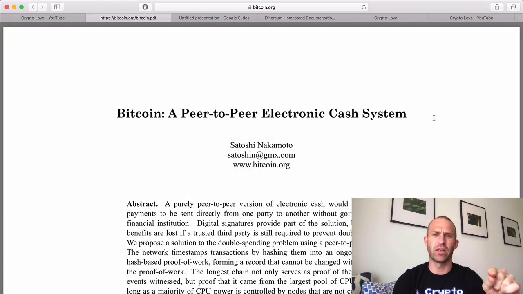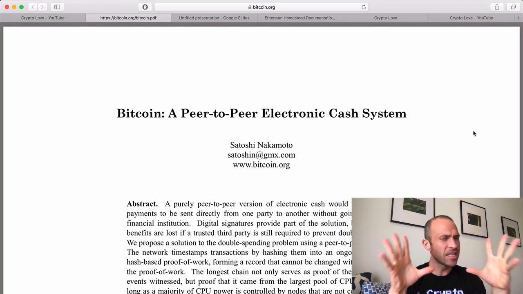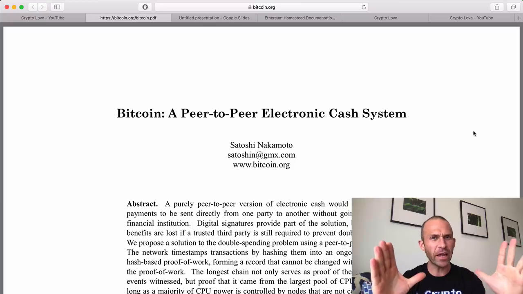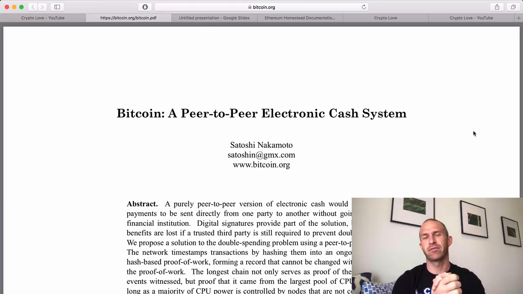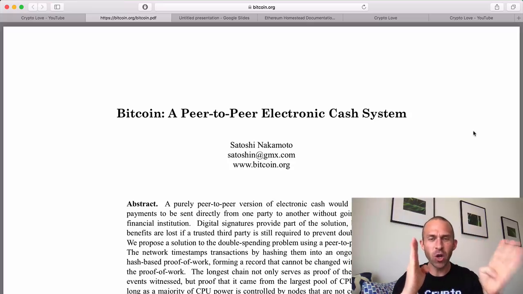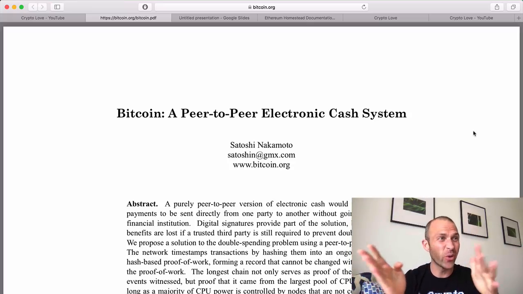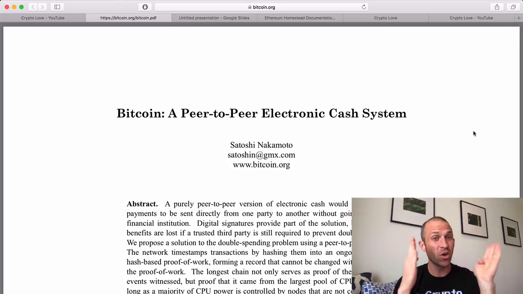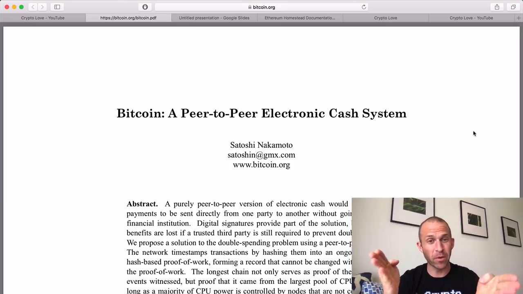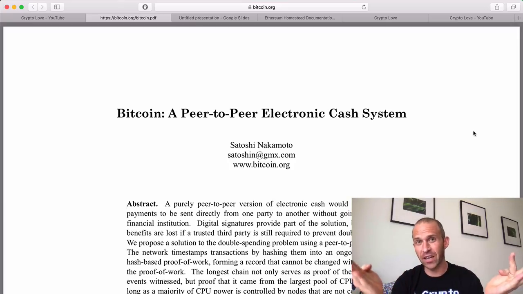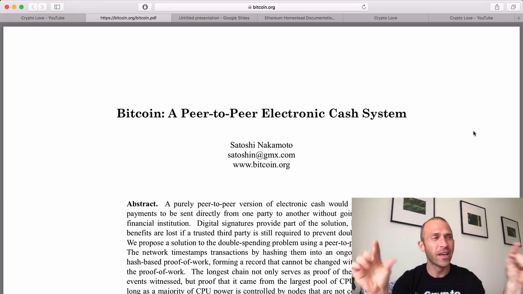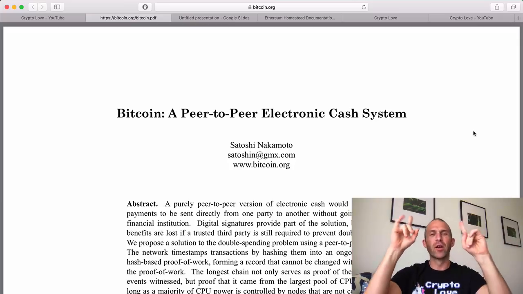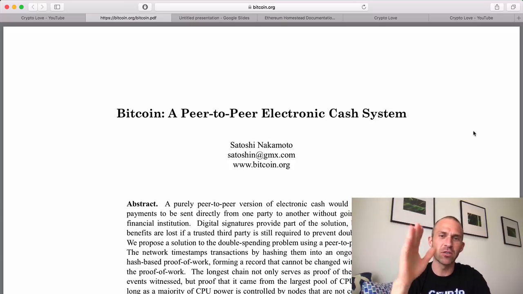Now, to begin with, taking a look, this is the original white paper, okay? And if you haven't read it, go read it. I mean, you can't know what to expect in a white paper without knowing what's come before. So, Bitcoin, original white paper, a peer-to-peer electronic cash system. Look at how clear and concise that is. Tells you what to do in one line. You don't need to read the rest of the white paper, but you should anyways, because it'll show you what's